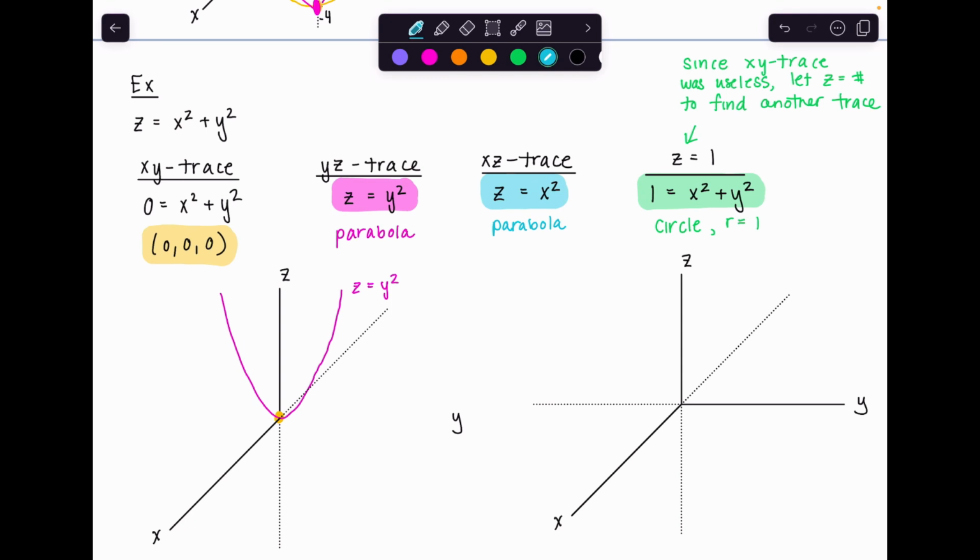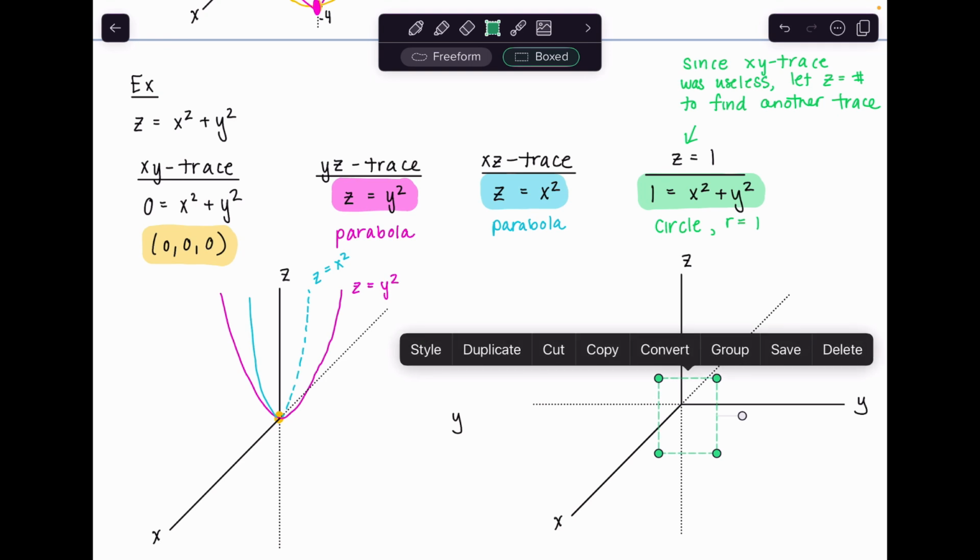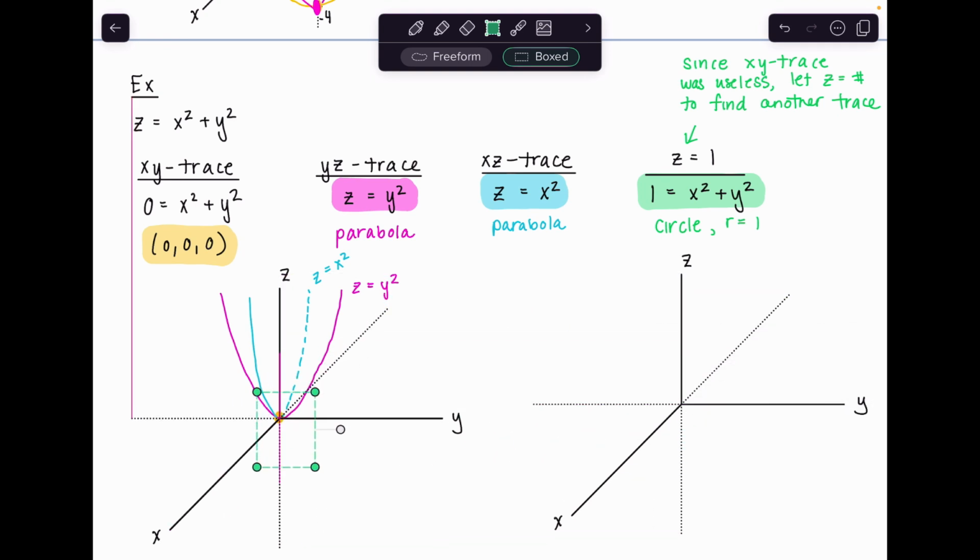So I'm getting kind of a sideways parabola here. Here's the front of it, and then I've got the back of the parabola here. So this is z equals x squared. There we go. Adding those axes back in,